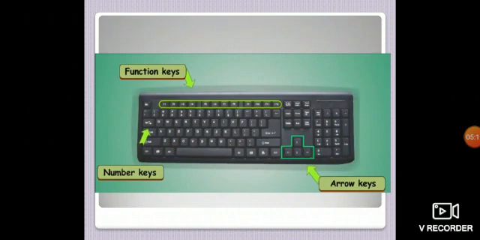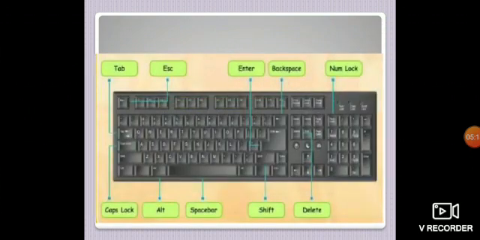Here it goes. I've explained to you that our keyboard also contains various special keys. So what are they? They are tab, escape, enter, backspace, numlock, delete, shift, spacebar, alt, and caps lock. Our keyboard contains two sets of shift buttons and two sets of enter buttons, with which we can type very easily with the control of our two hands.